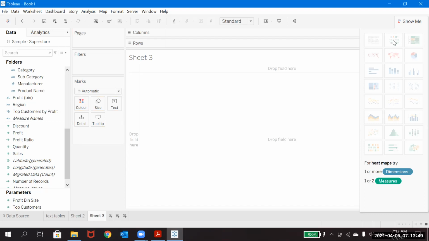If you see heat maps, it says one or more dimensions and one or two measures only. So it is telling us it's not more than two measures. If you take three measures, it will not work out. It should be one or two measures only. Okay, let's see.